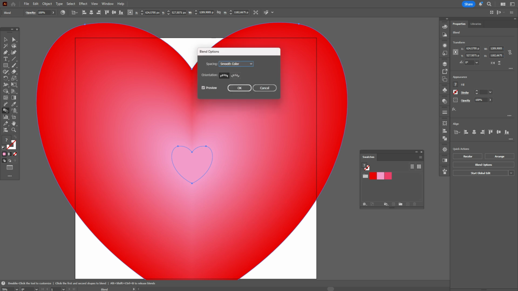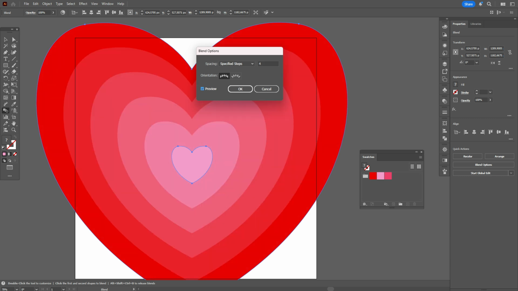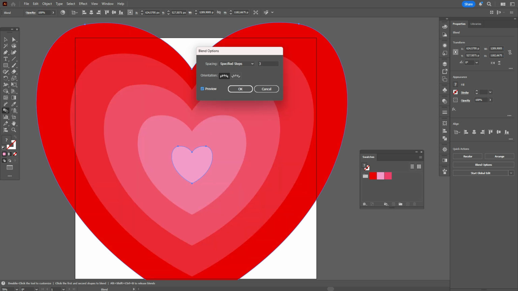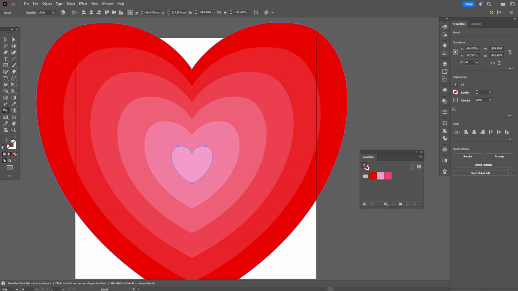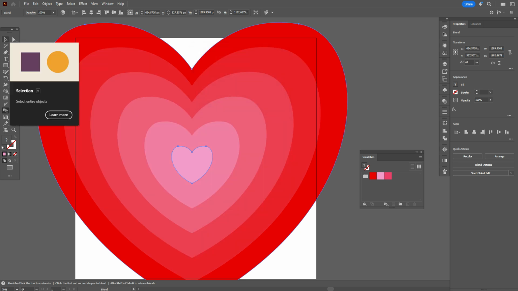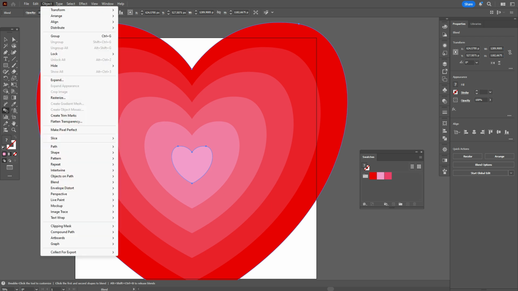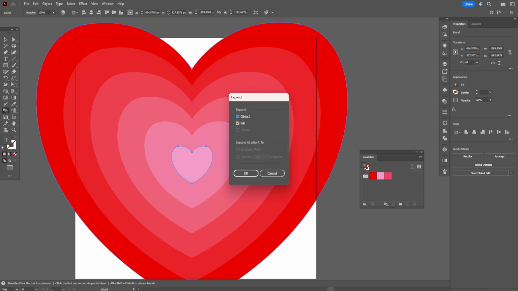Okay, like this. Double click to blend, and we need to take specific steps and let it be 4 or 3, so as you like. And of course you can make more steps, it's up to you. Okay, let it be 4. Now go to object, expand, okay,